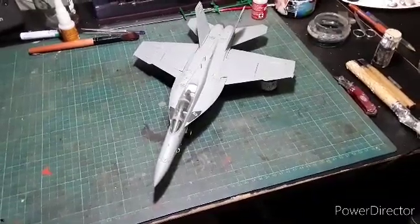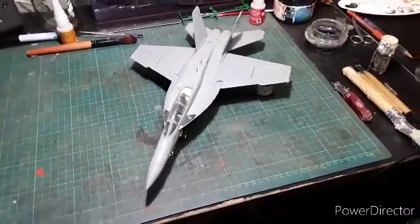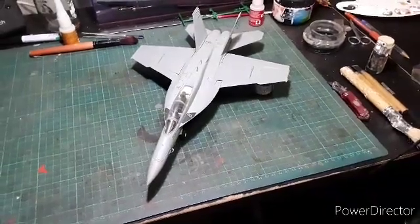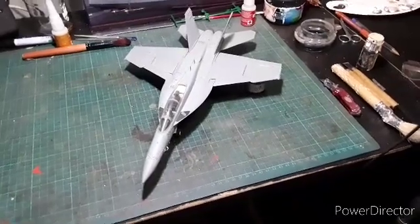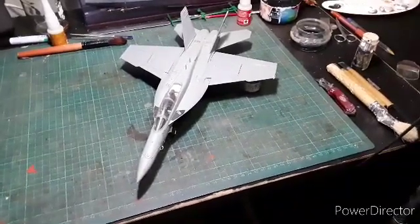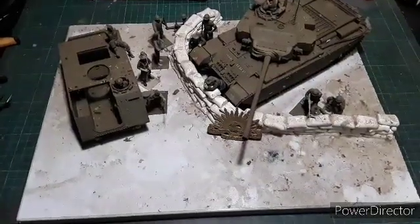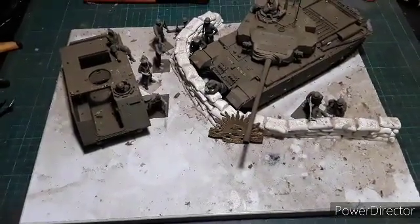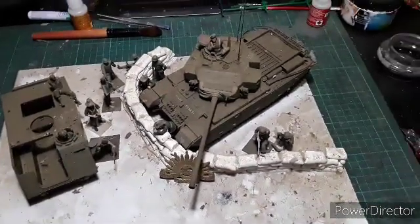And what's left? Yes, the build that I am to finish due to viewer's choice. Alright, well, let's get to it and we'll show you where that one is. Alright, this here is viewer's choice. Now before we go any further,